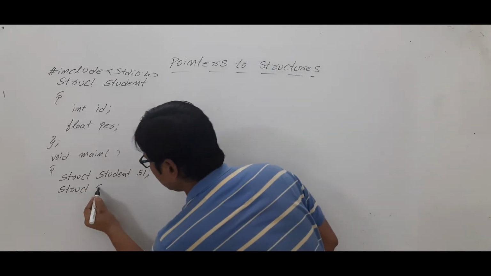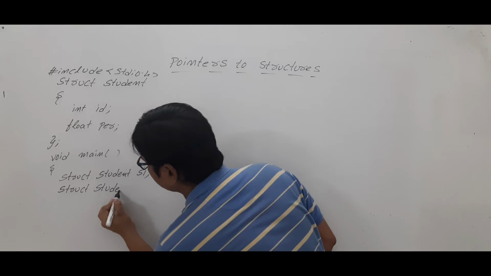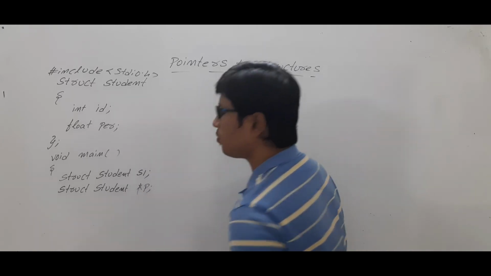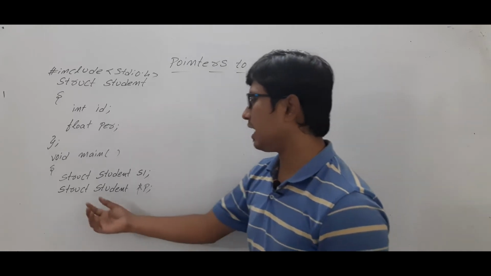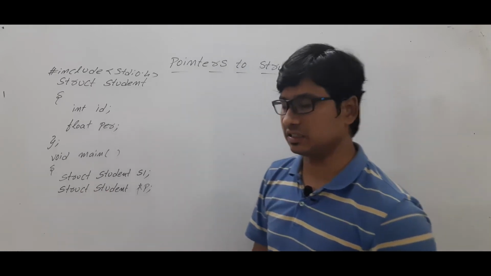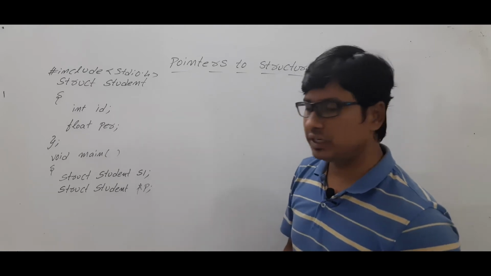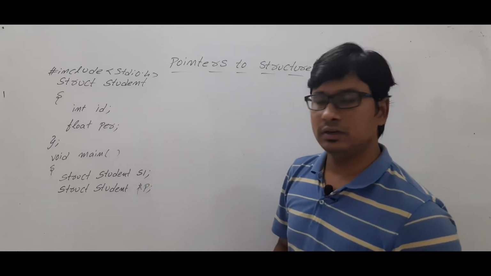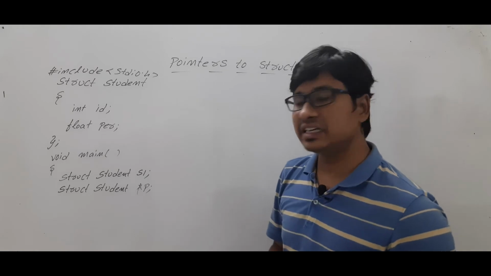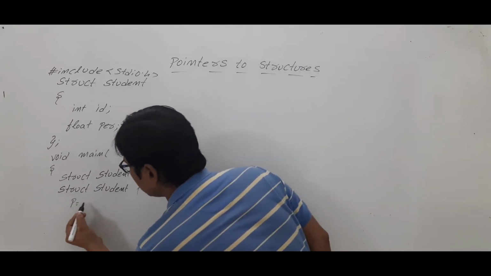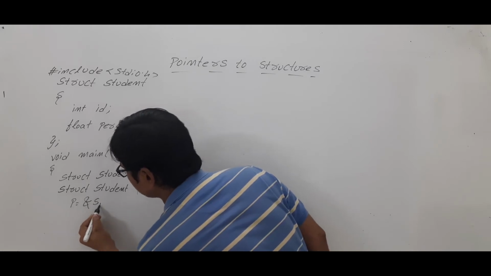So that's why I am declaring my pointer p as struct student *p. So now the pointer name is p and the data type is student which is a structure. Is it clear? I hope you have understood the statement. Once we declare those variables, we need to assign the address of s1. So how will I do it? p = &s1;